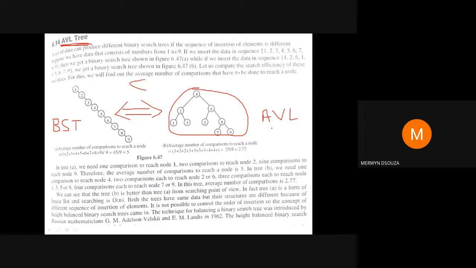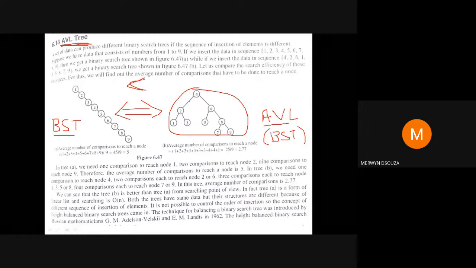Now, an AVL tree is a binary search tree, a special type of binary search tree. Don't forget it. But this is a height balanced binary search tree. So if you compare the heights of both the trees, obviously the height of the AVL tree is less than the height of the binary search tree.